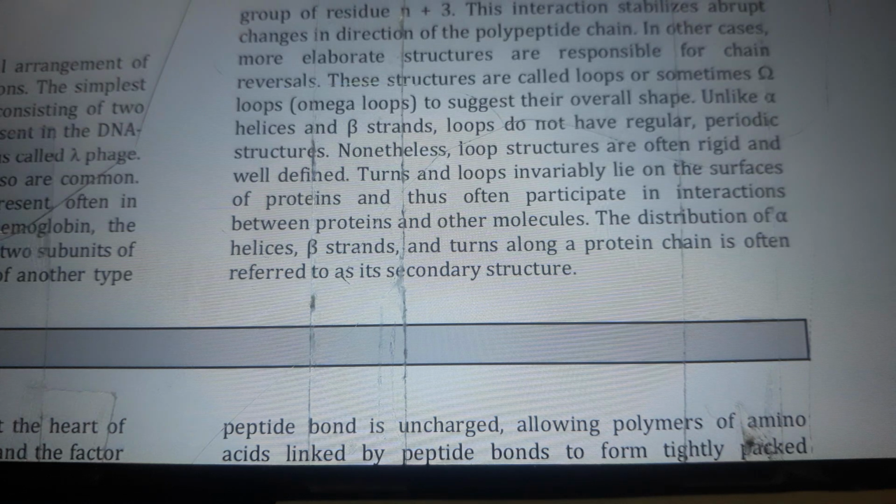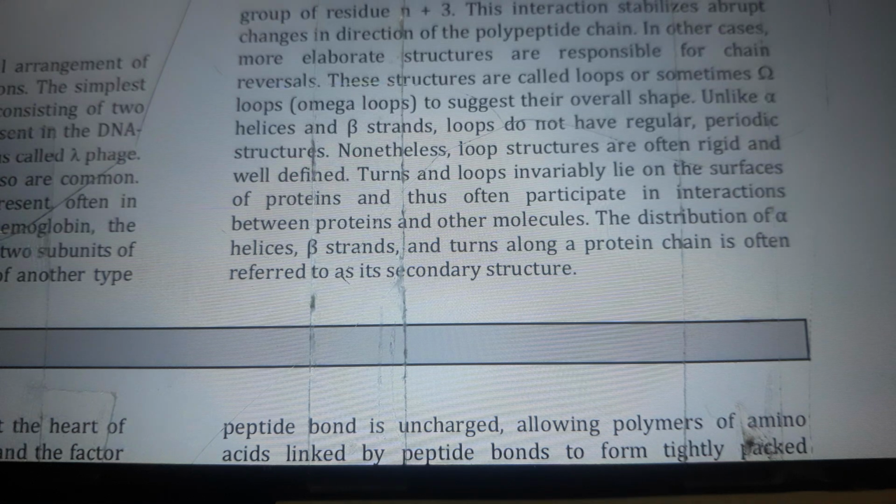In other cases, more elaborate structures are responsible for chain reversals. These structures are called loops or sometimes omega loops to suggest the overall shape. Unlike alpha helices and beta strands, loops do not have regular periodic structures. Nonetheless, loop structures are often rigid and well-defined. Turns and loops invariably lie on the surfaces of proteins and thus often participate in interactions between proteins and other